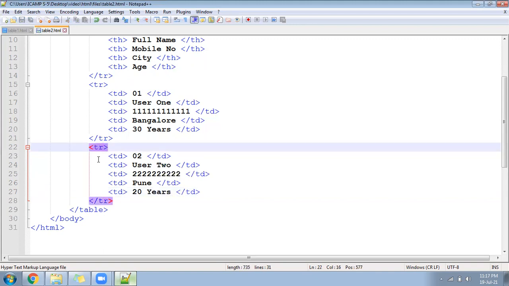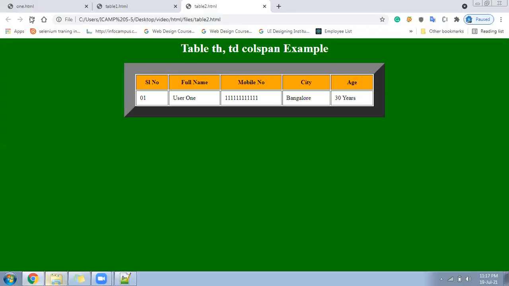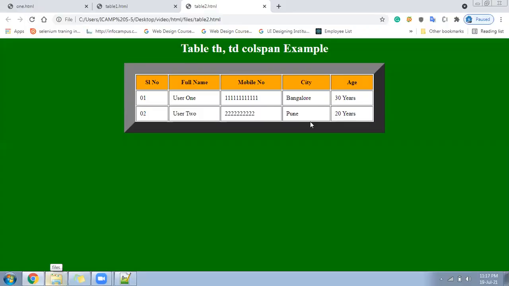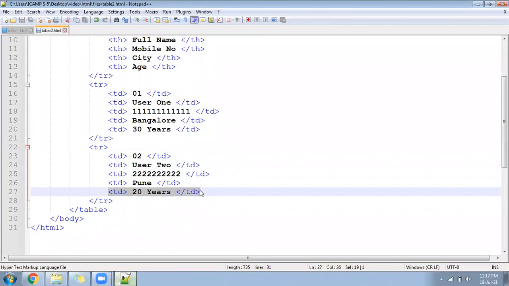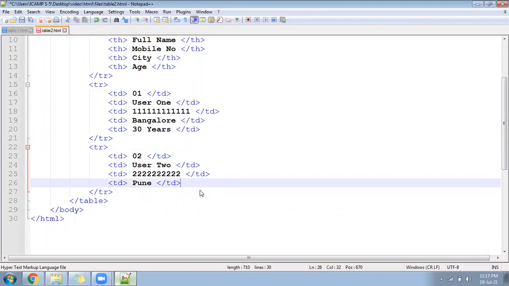So how does that look? Let's have a look here. You will see it's coming like this. But our discussion is: assume the second user has not given the age, then how will the table look, and how will colspan help you? So let me go here and assume the last, 20 years, TD I deleted. Now if you run your page, you will feel like this last TR is incomplete.